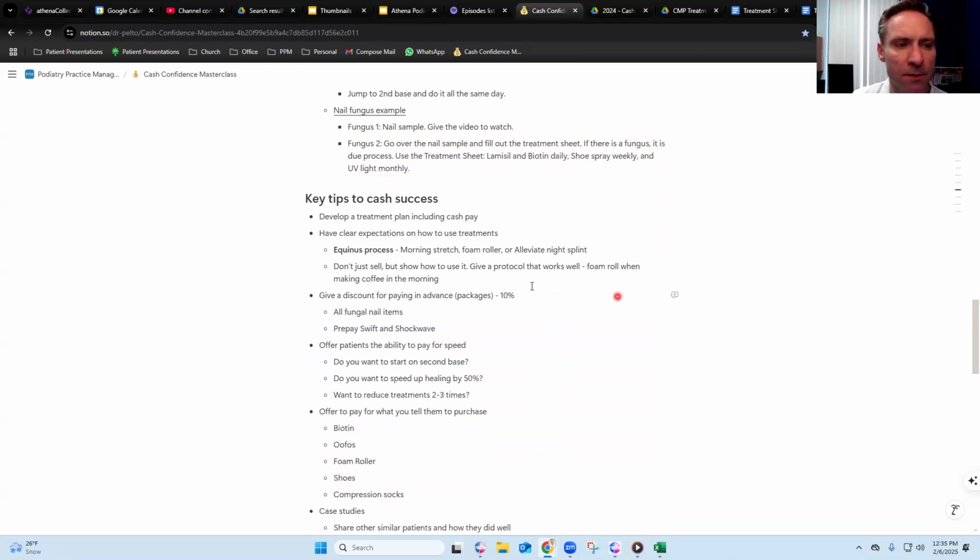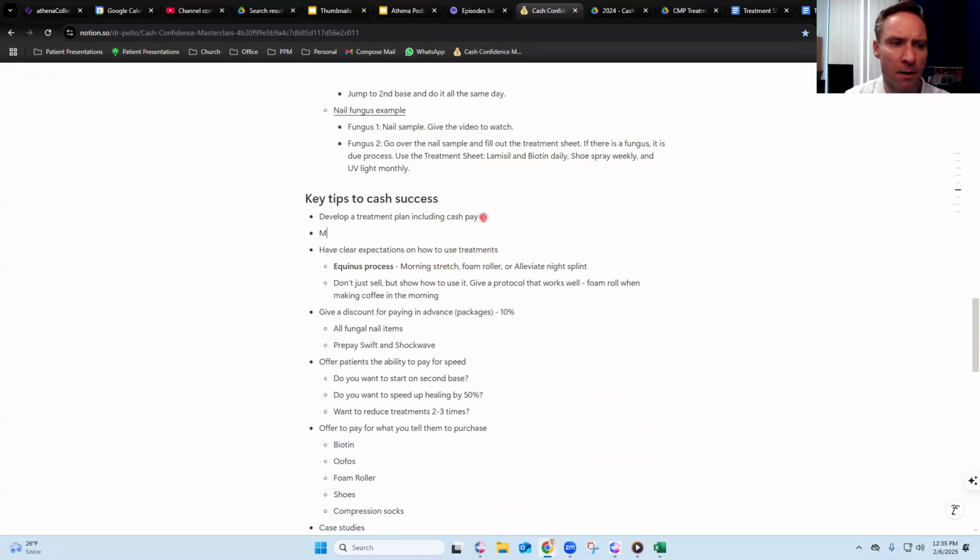Some tips: develop a treatment plan, including cash pay. Have a clear explanation of how to use the treatments. Another thing I didn't include in here, make sure you have adequate